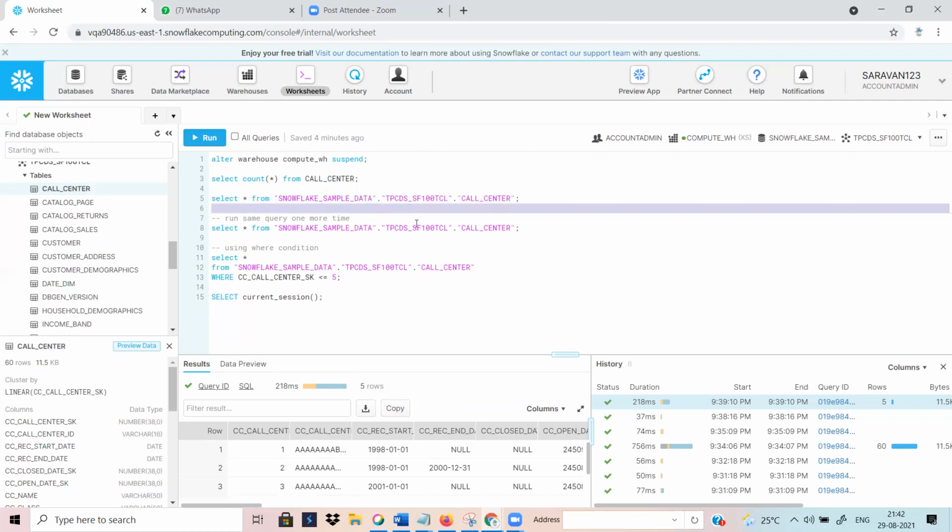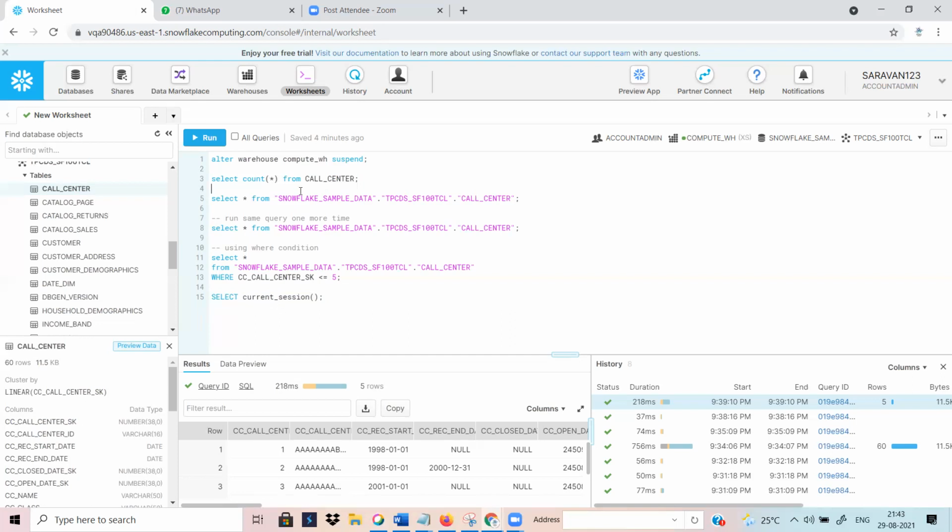One thing, though: when you are using a dynamic generated column, like current session or current timestamp, each and every time the query will be served from either the virtual warehouse cache or remote storage, because this is a dynamic value every time. So your syntax will be different, because the value is different. In this case, it is not directly referred from the result cache.